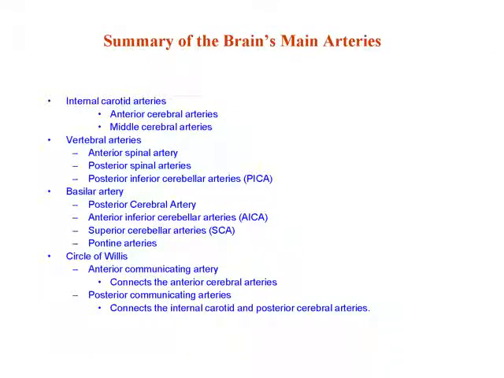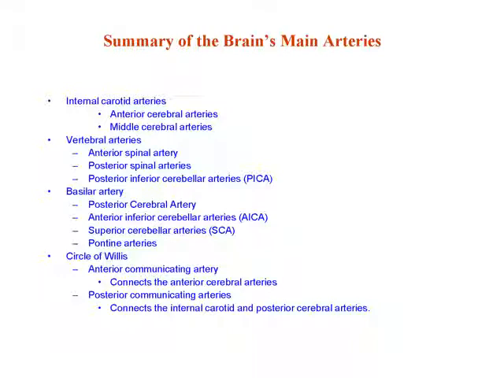So again, we have the internal carotid arteries, which give off the anterior and the middle cerebral arteries; the vertebral artery, which gives off the PICA and the two spinal arteries, the anterior and the posterior spinal arteries; and the basilar artery, which gives off the two terminal branches, the posterior cerebral arteries, the superior cerebellar arteries, and pontine arteries,